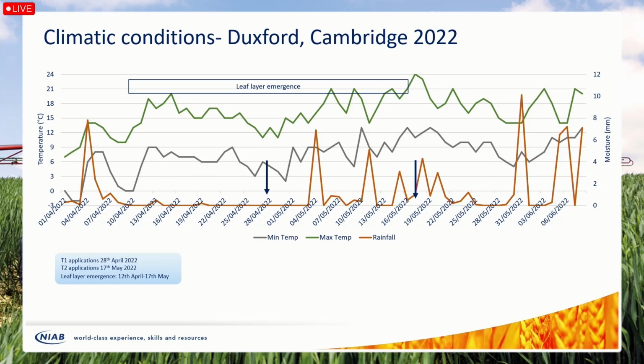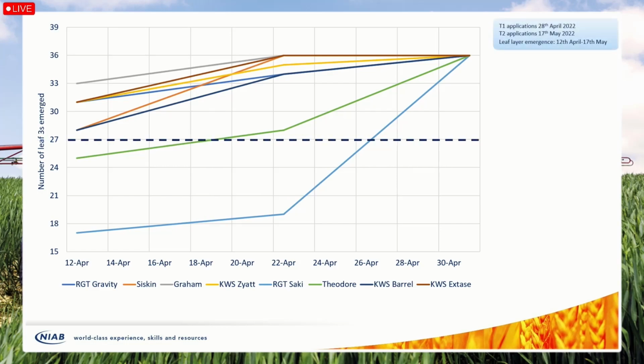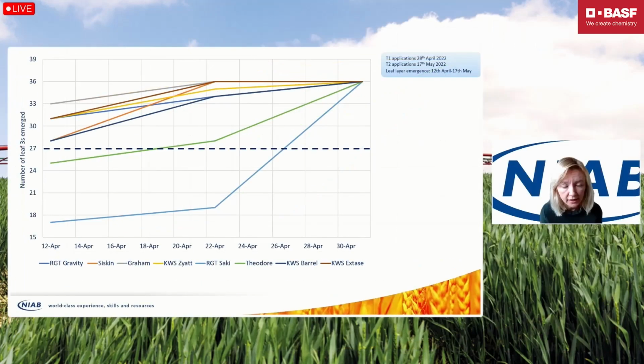It made the gap between T1 and T2 quite long, and it also caused a protracted time in terms of the varieties that we looked at, how long those leaf flares took to emerge. At that site, we looked at 8 different varieties, and you can see on the bottom there the varieties that we looked at: Gravity, Siskin, Graham, Zayat, Saki, Theodore, Barrel and X-Days. On the x-axis, we've got the time that we first started looking at leaf 3 emergence, from the 12th of April all the way up to 17th of May,